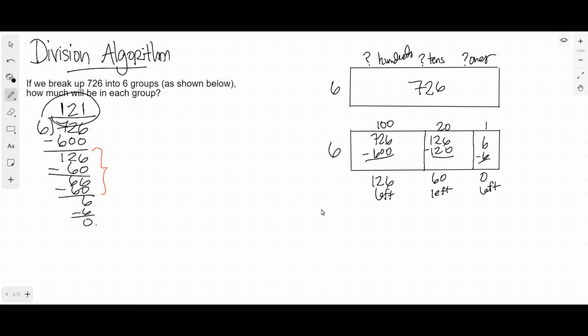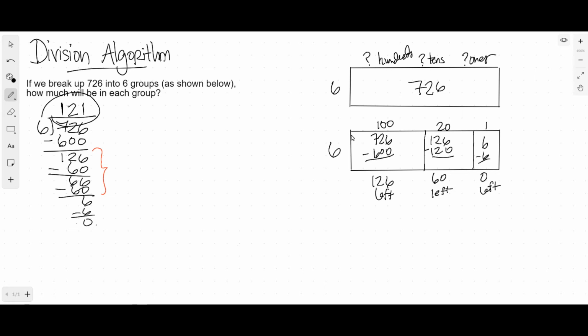I forgot to show you guys this last one. So we talk about multiplication in the area model quite a bit, but we haven't talked about division in the area model because it's much tougher. Basically, you start off with this figure here where you know the area is 726, and you know that one dimension is 6, but you don't know what the other dimension is, how many hundreds, how many tens, how many ones. And so when you go through the process, then you'd have to say, okay, it's the same thing, just broken down into the portion of hundreds, the portion of tens, and the portion of ones that can be broken up. And so if I were to draw this out, I would have 100,